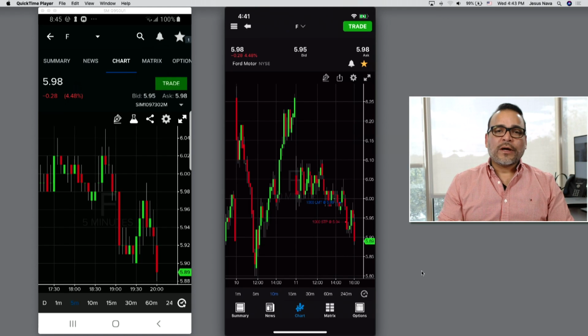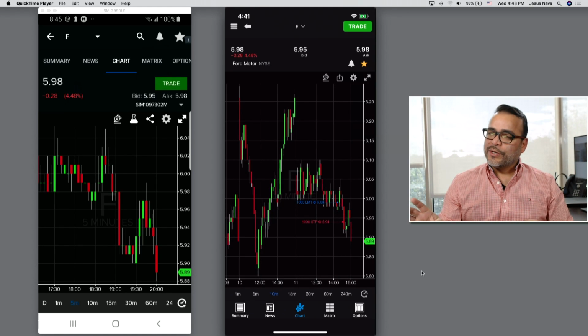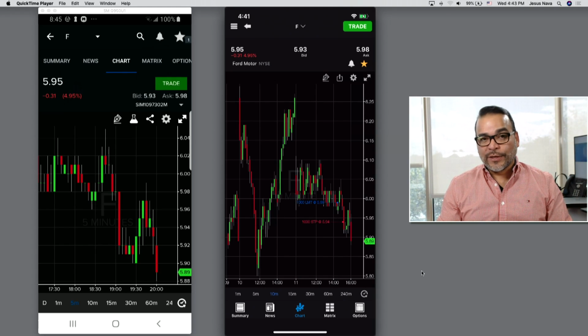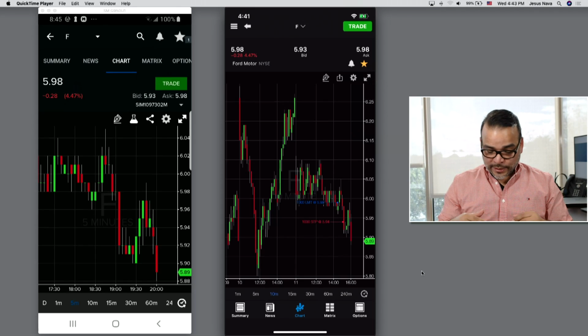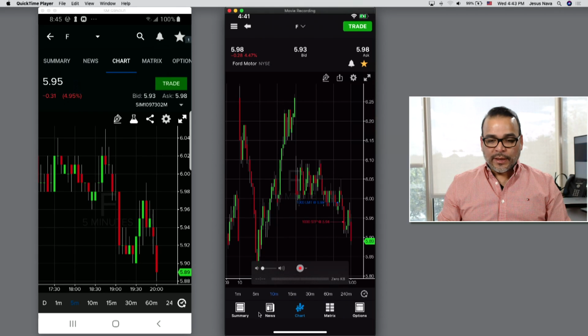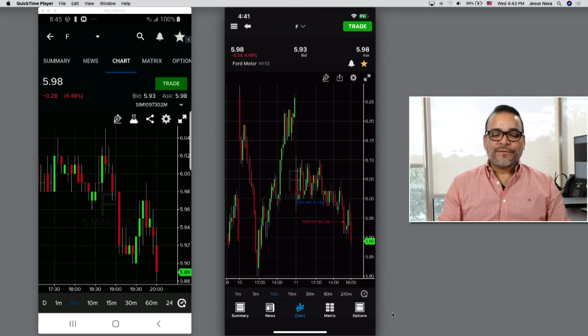And even before we talk about charting, let me just point to a few things on this view, because we've gone to a view that we call the detail view. This provides you a lot of information on Ford, starting with the chart. But if you look at the bottom of iOS, let me see if I can find my cursor. Yeah, right here's my cursor. If you look at the bottom, you're going to find 5 different tabs. The tabs on Android are going to be at the very top, but we have the exact same tabs that